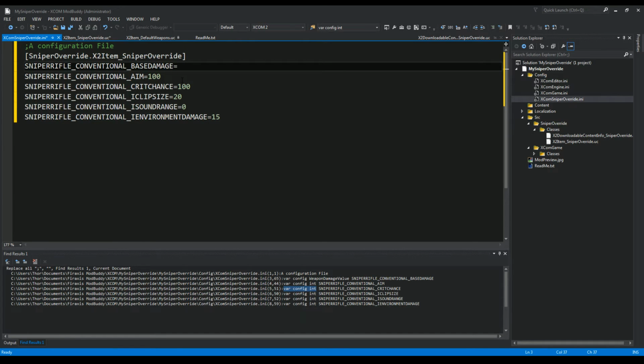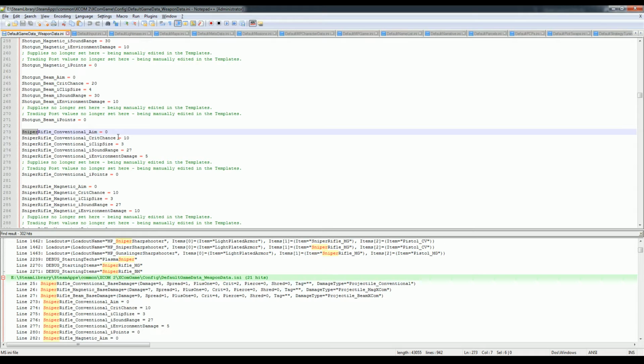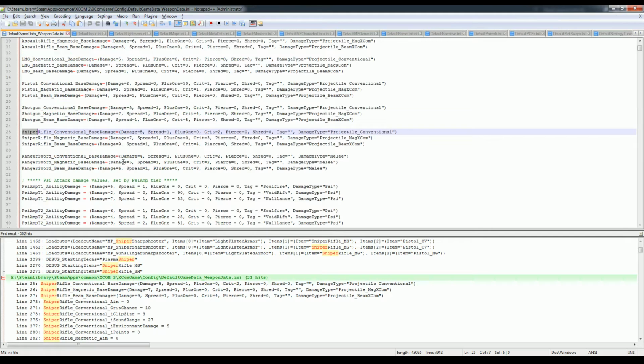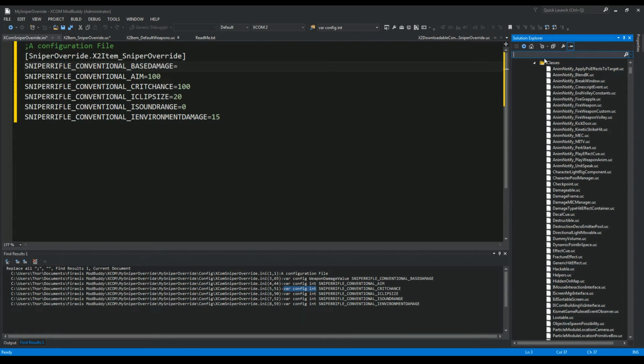Now, base damage, and you want to definitely look at these INIs to identify how things are done. So here, this is where my example came from. The crit chance was 10 originally, clip size was 3, sound range was 27. I kept pretty close to this because if you look at the base damage, and even in the class file of the X2 item class, let's go back in there,